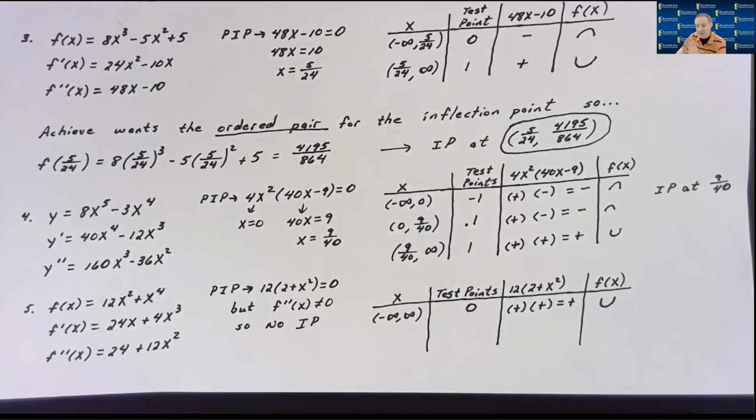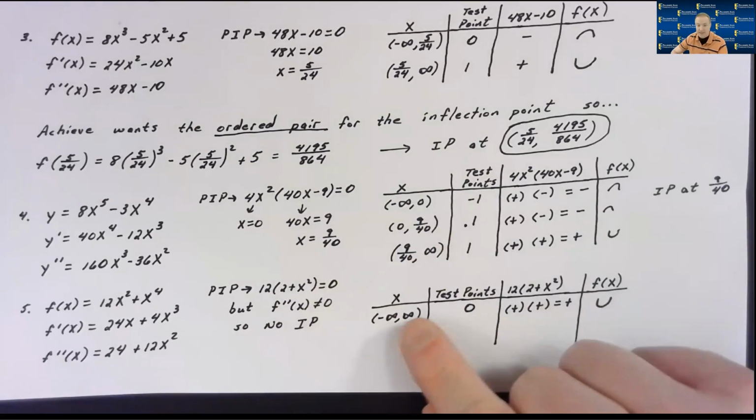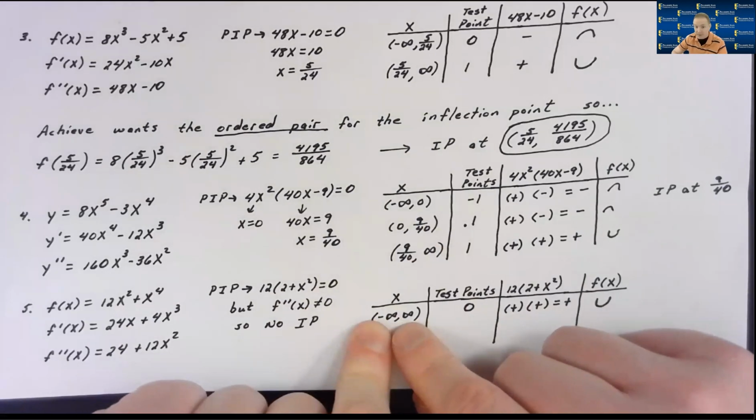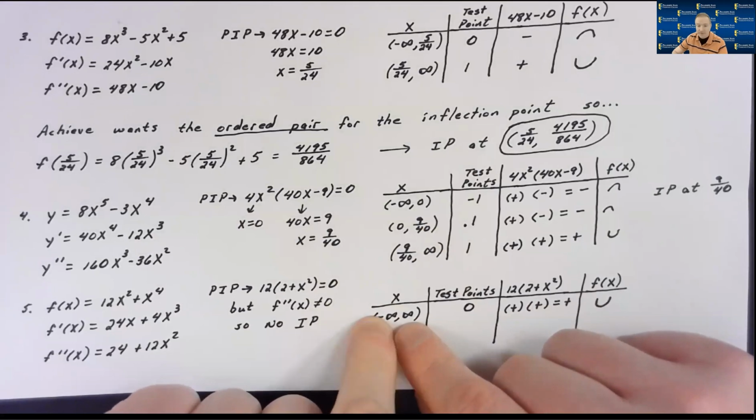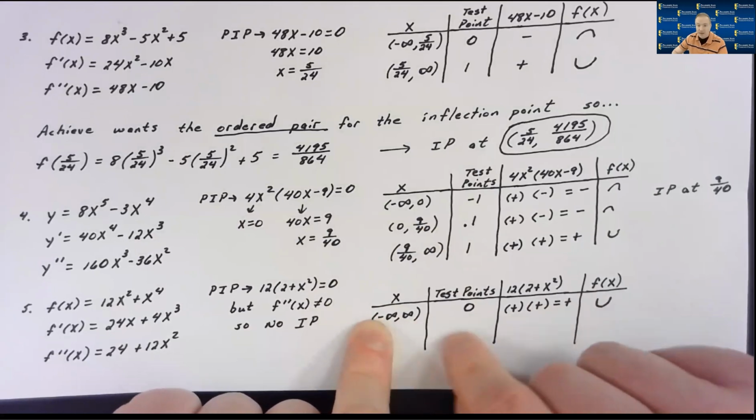So this tells me that the second derivative cannot equal 0. All that means is that there's no inflection points. If there's no inflection points, then that just means it has the same concavity everywhere. So I can still do my second derivative test. What is the concavity? So I can say, well, my only interval is from -infinity to infinity, and my test